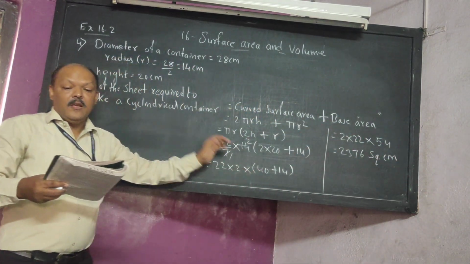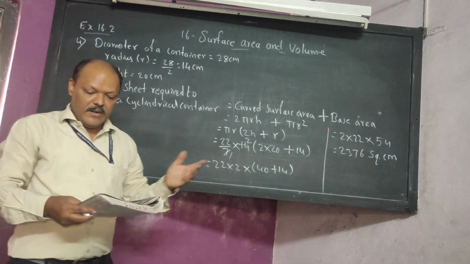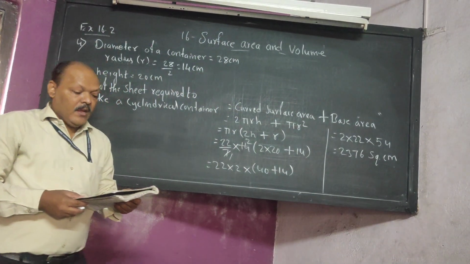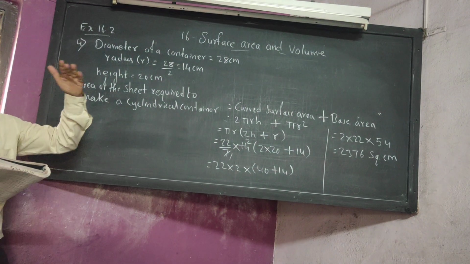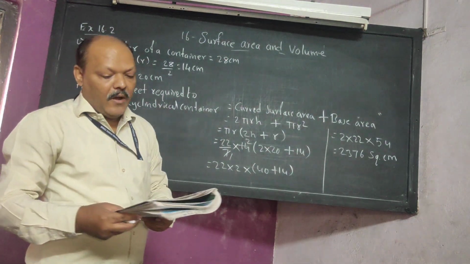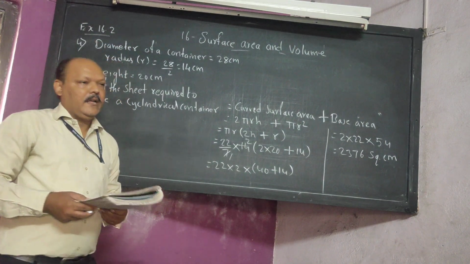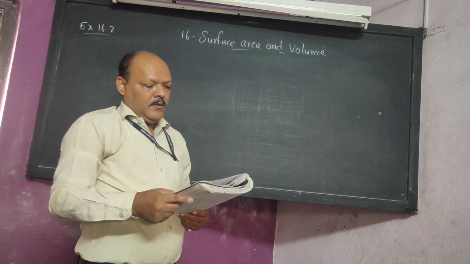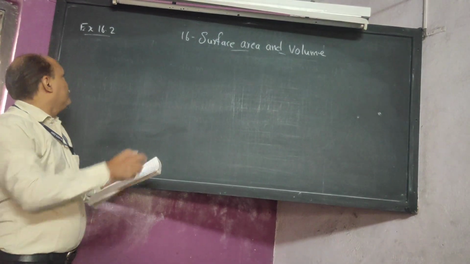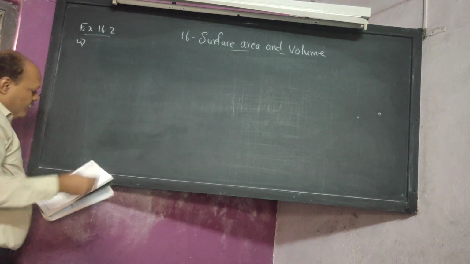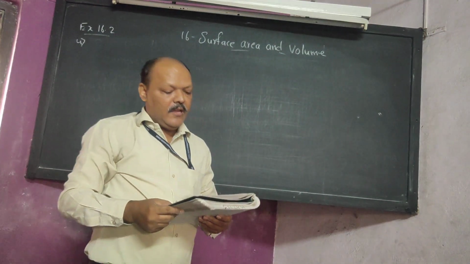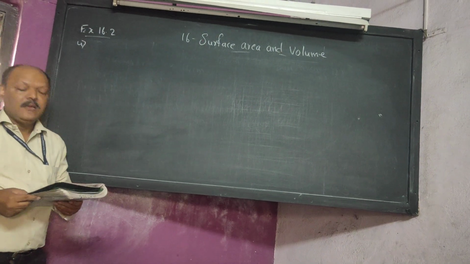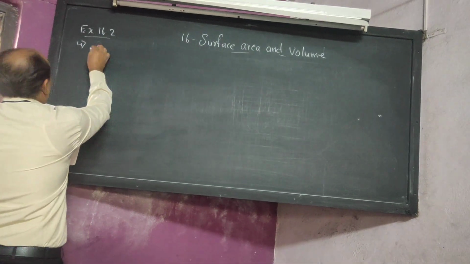This is only the half part. In this, one more part is asked. Just I am reading the question. We have to find the approximate area of the sheet required to make a lid of height 2 centimeter for this container. Okay, just I am reading again the question number 4 second part. What we have to find? We have to find the approximate area of the sheet required to make a lid of height 2 centimeter for this container. That means approximate area required.